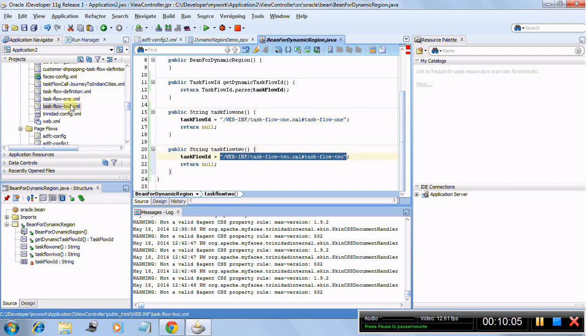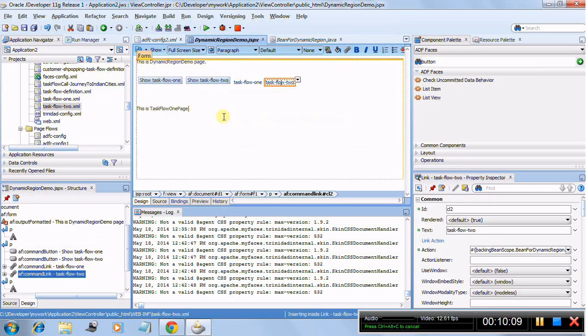and this one is going to alter the value of the task flow ID to point to this task flow. Okay, so the main thing to remember here is that you just need to create one dynamic region. Suppose there are some 5 task flows which are required on a region of a page, and that is dynamic in the sense any one of those 5 task flows can be called. So you just need to drag only one of those 5 task flows over here and create a dynamic region